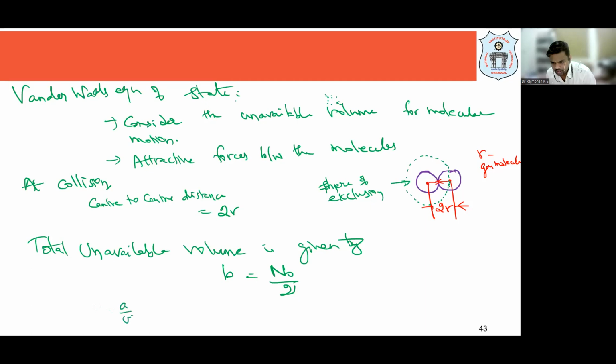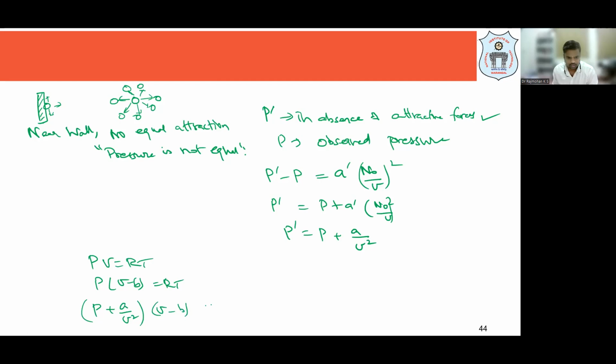plus A by V square into V minus B equal to RT. And this equation is called as equation of state, which is your